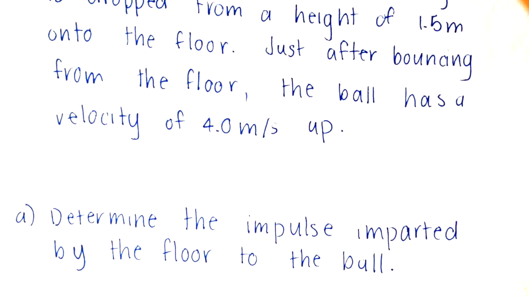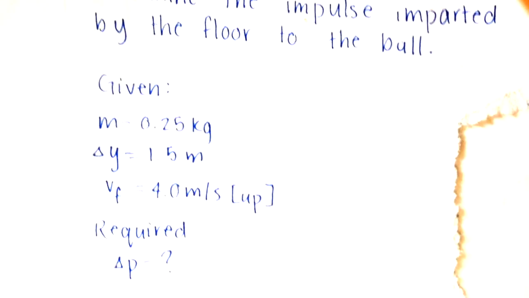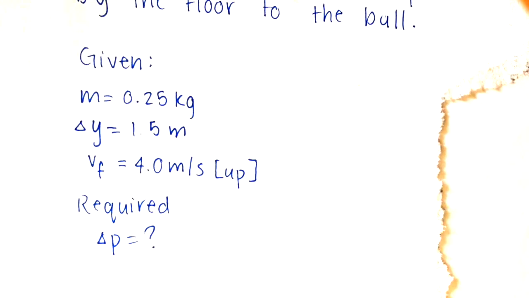So the first thing that we are going to do is list our givens. So these are all of the values that we know. We know the mass, the value for delta y, the final velocity, and what we need to know is the